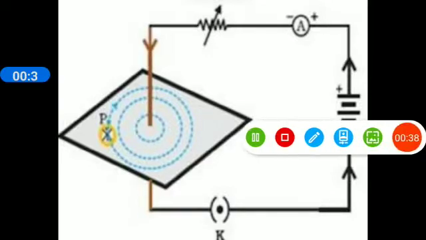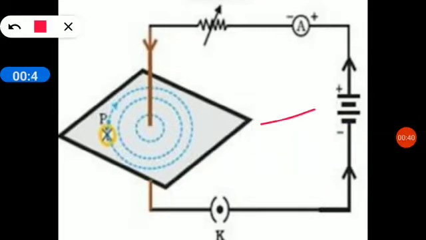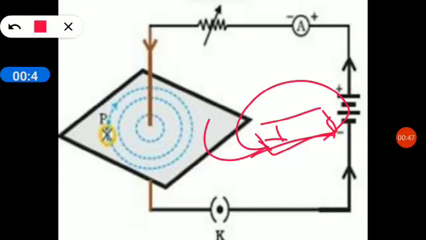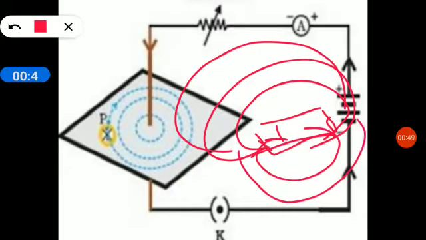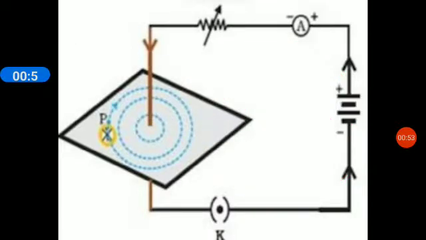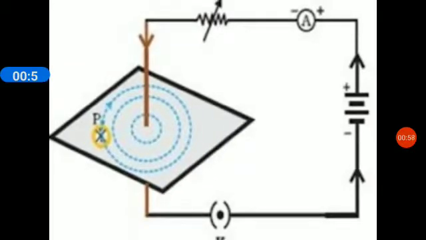As we have seen in the bar magnet, if the magnet is like this, north and south pole, the pattern was from the north pole coming here and making a closed loop like that. So here the pattern was this, but in a different shape the pattern will be different. So we will study three kinds of pattern here: through a straight conductor, through a circular loop, and in a solenoid. Let's see. First of all, we will discuss magnetic field due to a straight current carrying conductor.